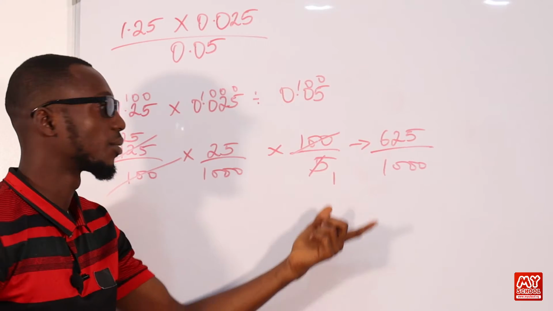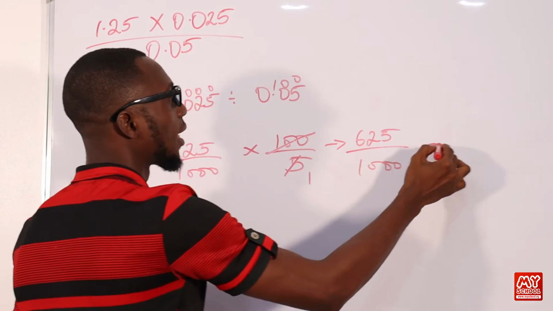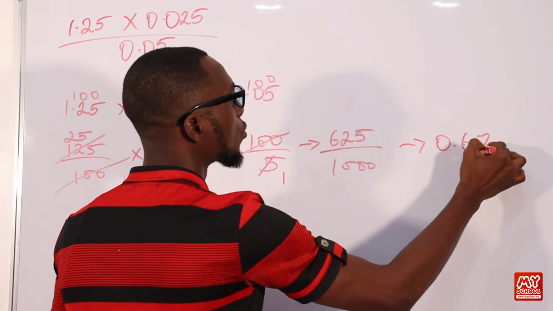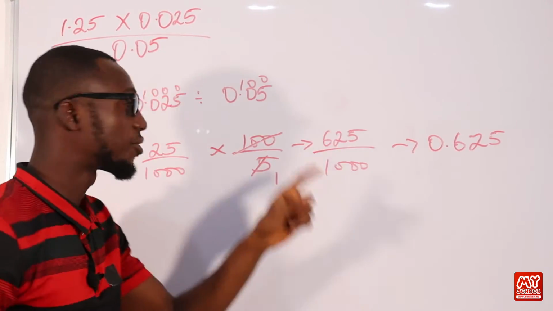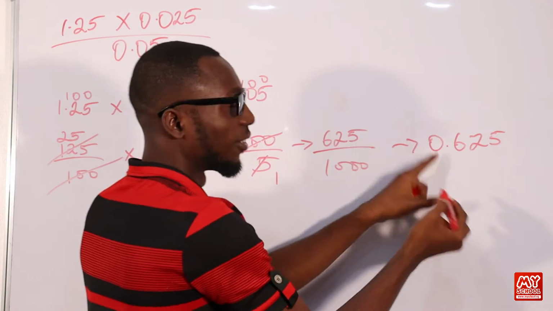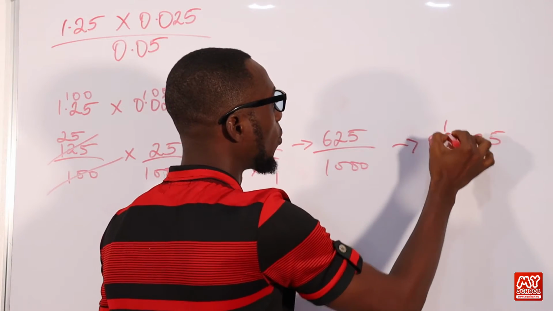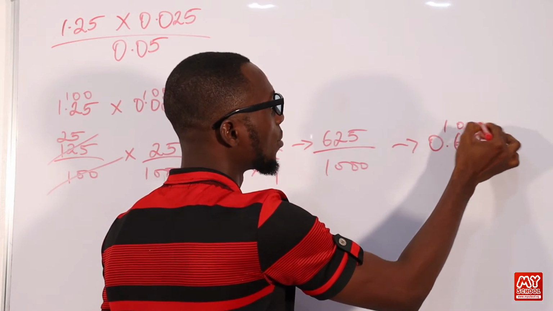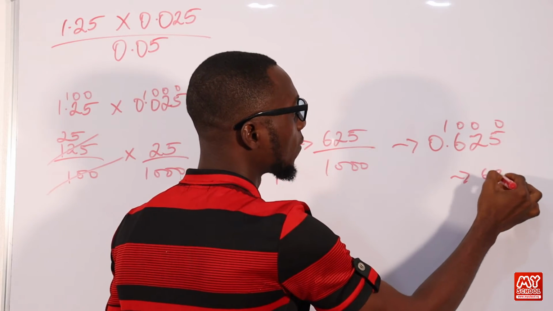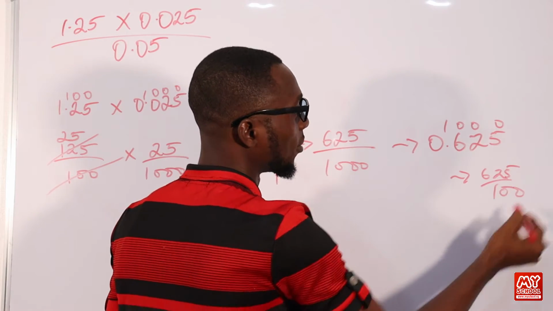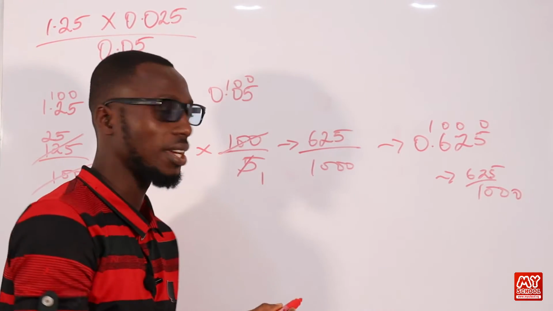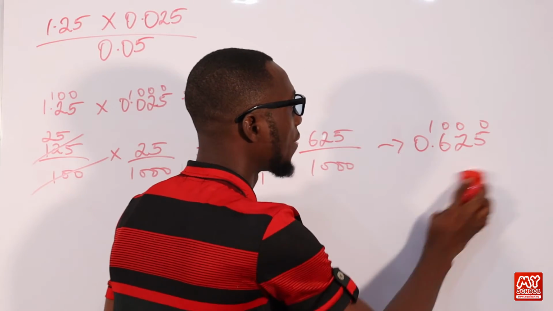So we can see this. So 625 over 1000, that is 0.625. You can try it out with this method. If you want to bring it back to a fraction, that is 1 on the decimal point, 0, 0, 0. So that tells you 625 over 1000. This is just to cross check. So that means we have this